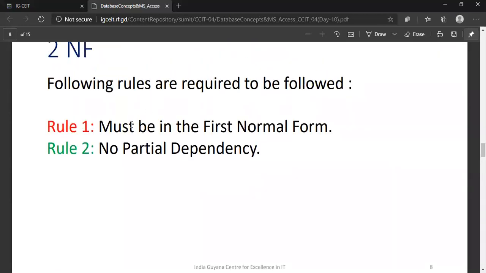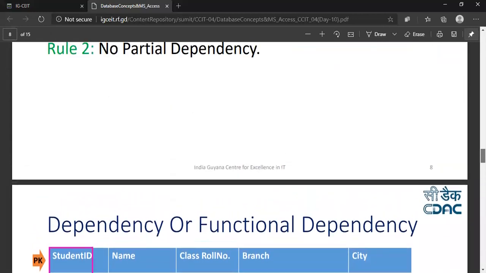For second normal form, rule number 1 says your table must be in first normal form. So before applying second normal form, your table should have first normal form. Then you have to check for dependency. It says no partial dependency.